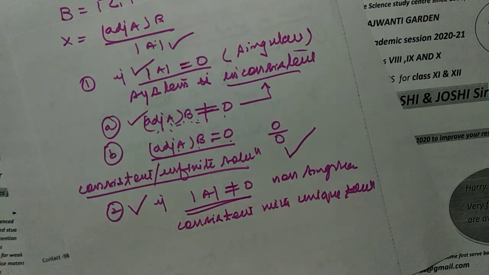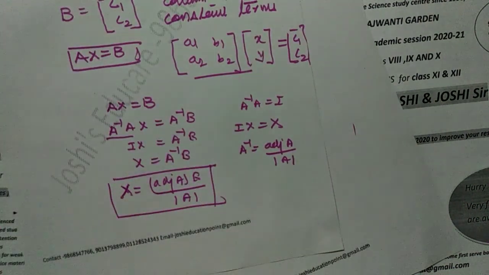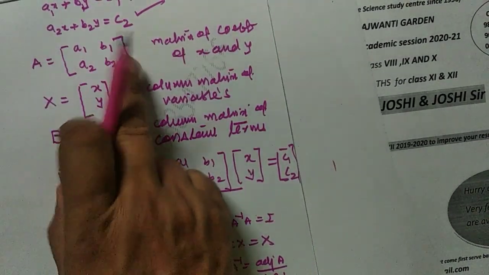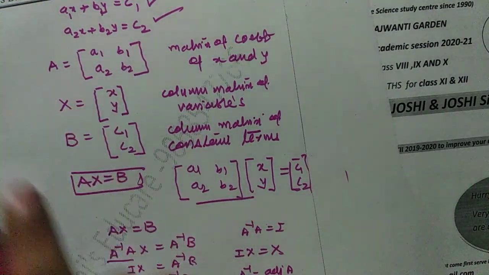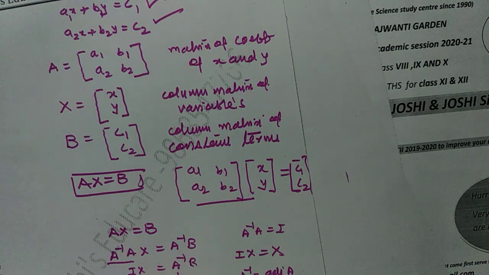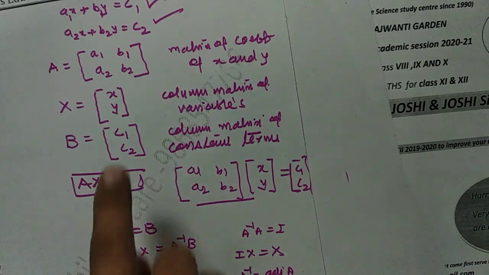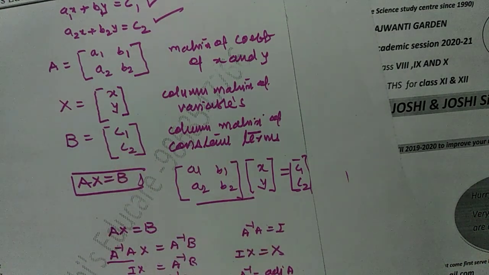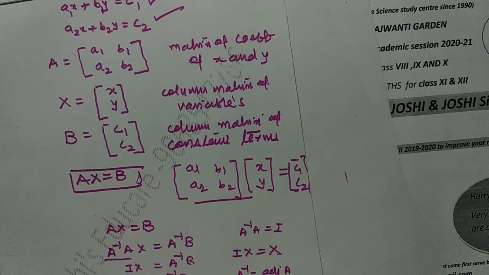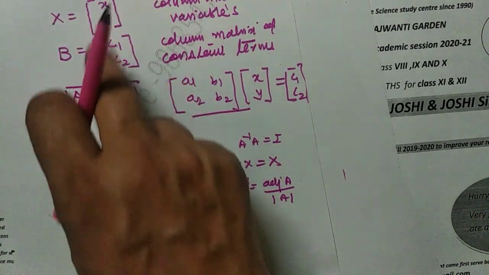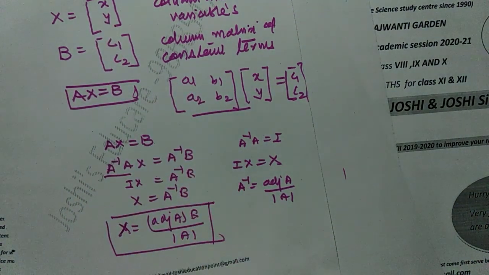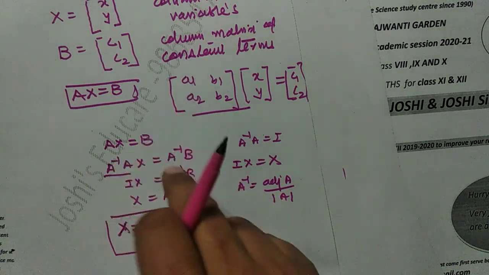As I explained you what is matrix A. It is a matrix of the coefficients of x, y, z. If it is 3 into 3, then also it will be same. What is x? Then it is a column matrix of the variables. In 3 into 3, one more element will be there, that is x, y, z. What is B? It is the matrix of the constant terms. And then we will write it as Ax equal to B and x will be equal to A inverse into B. Finally, you can write directly. You have to write in all the questions all these things. While solving the system of equations, you have to write all these things.